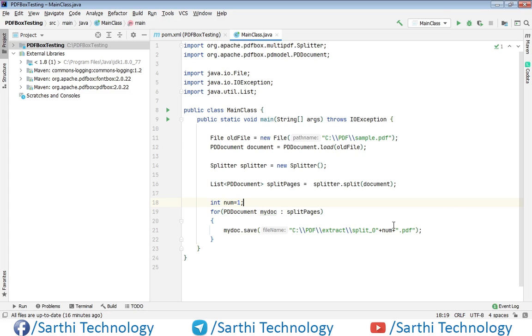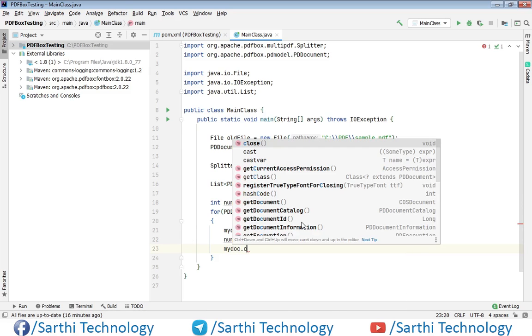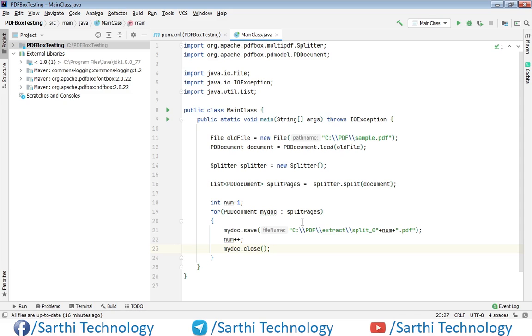So first time split_01.pdf, second time split_02.pdf. So this will be the file name, and next num plus plus, and each time we need to close this myDoc. So myDoc.close.